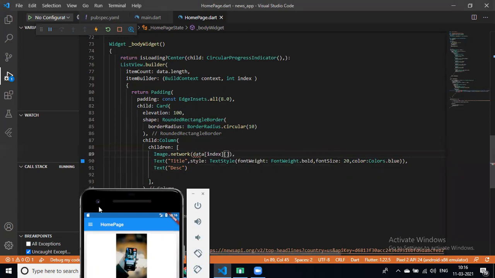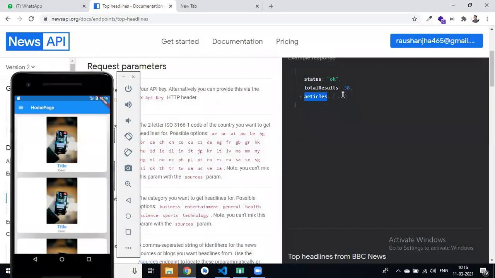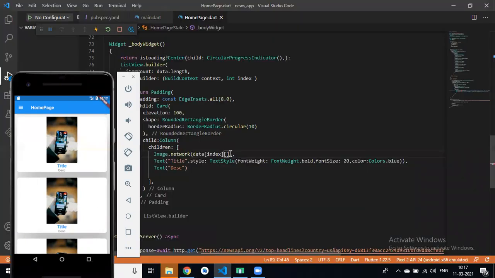Then what is the key for the network image? If I expand this, what is the key? Like URL to image. You can see URL to image. Yes, Roshan. So URL to image, and the same for title and description.